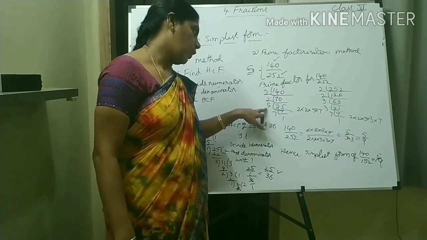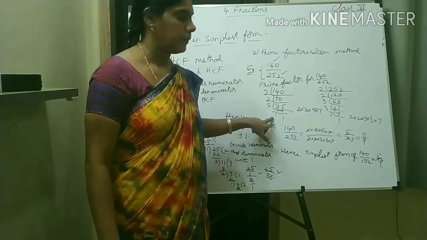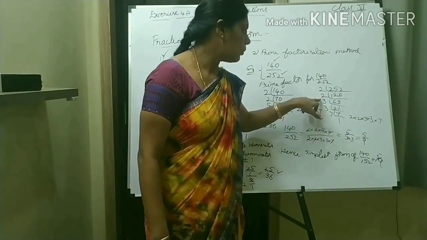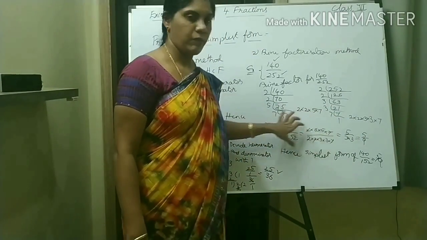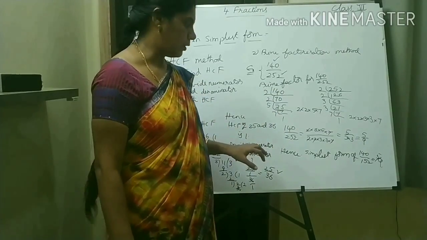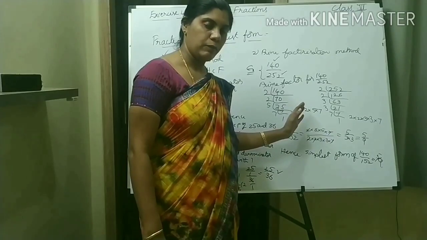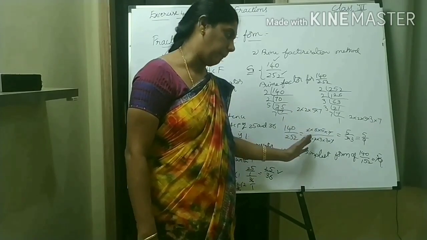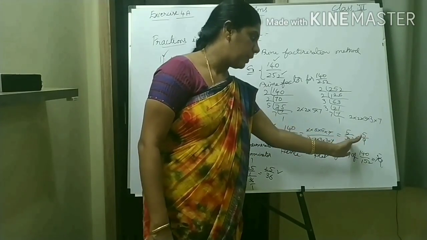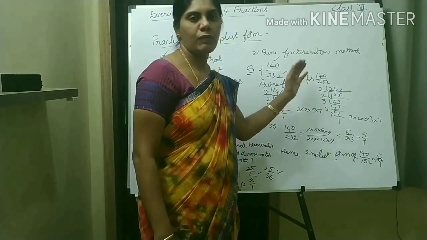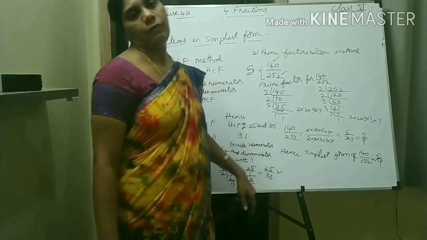Solving this, for 140 you get 2 into 2 into 5 into 7. Now 252 is 2 into 2 into 3 into 3 into 7. After that, write down in sequence all the prime factors of the numerator and denominator. If we have any common terms, cancel them. Remaining, write down 5 by 3 into 3. By multiplying 3 into 3, you get 5 by 9. Directly converted into simplest form. This is our simplest form of the given fraction.